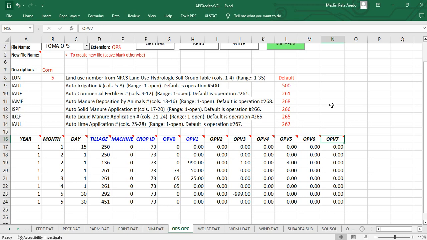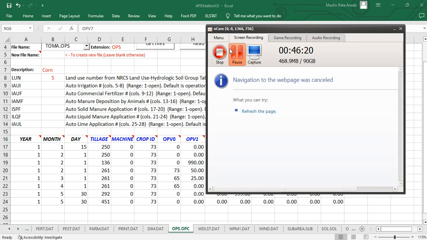The yield also varies if you harvest it before it reaches maturity or if you stay longer. So this is the percentage that is specified. There is a clear description in the manual from OPV0 to OPV7. Good. And there are crops which are harvested just 2 or 3 times before